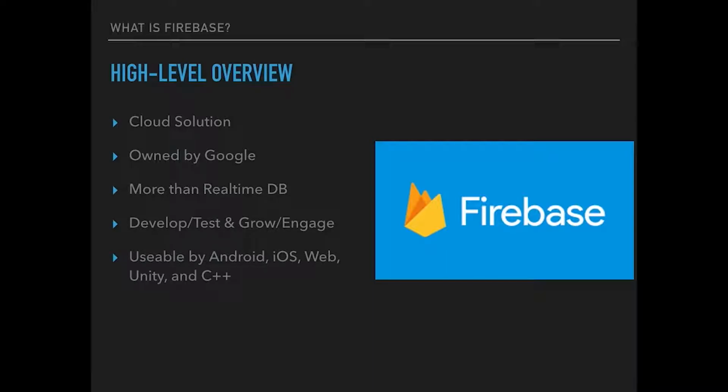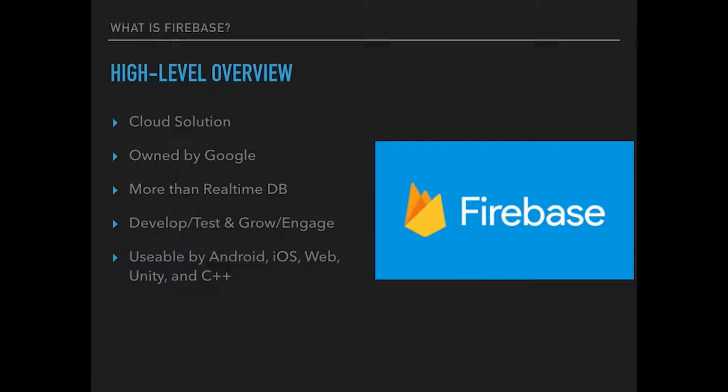It's owned by Google, so for those of you that followed Firebase in the beginning, it started out as a real-time database. The way I understand the history of it is I think it's only a couple guys that started building a real-time chat service, and they found out that their users of the real-time chat service, because of how effective it was, were starting to persist and store data outside of just chat messages. So they thought, okay, maybe we should make this more generic so people can use it for other needs. They started going down that route, and then Google acquired them.